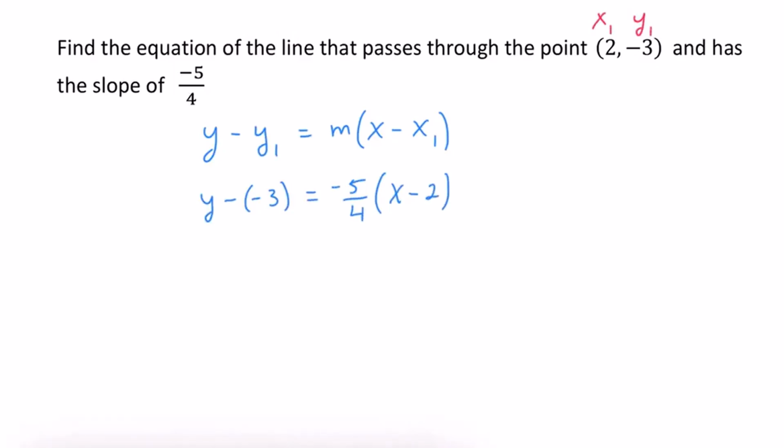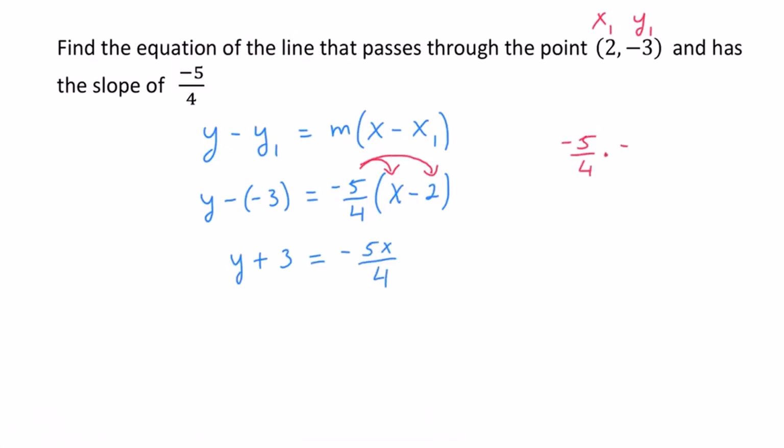Notice here that y and x we don't replace with any number. Simplify. So minus a -3, that is a +3. So we have y plus 3 is equal to, multiply -5/4 in, so -5/4 times x, that is -5x/4. Then -5/4 times -2, so this is